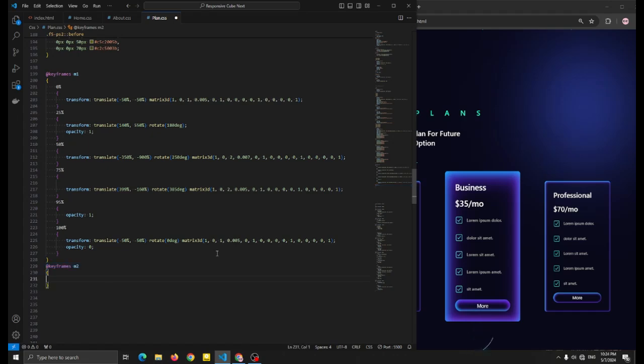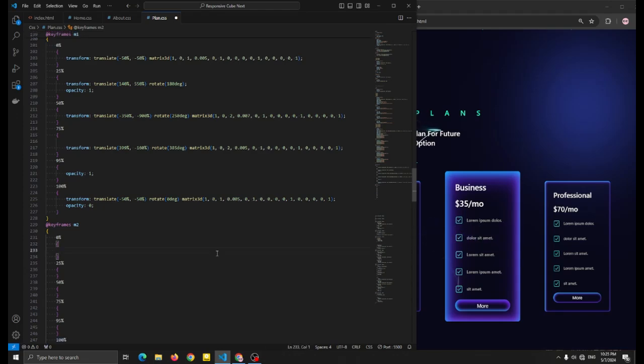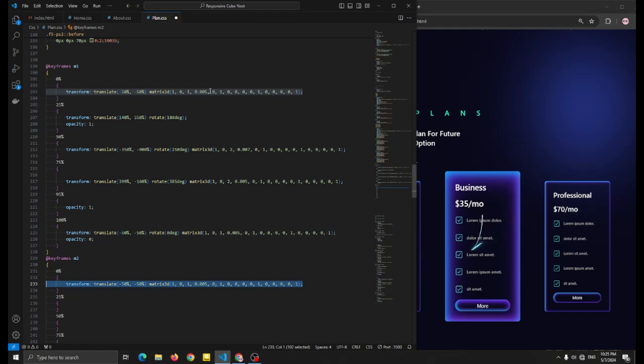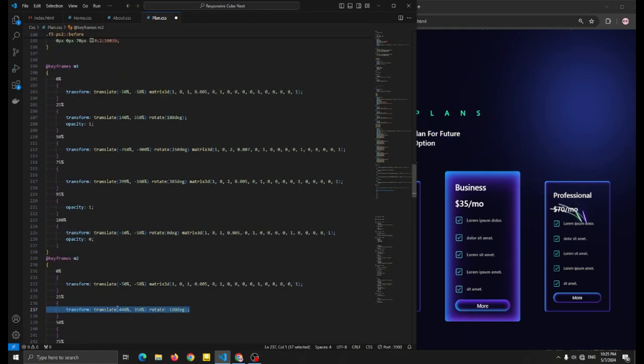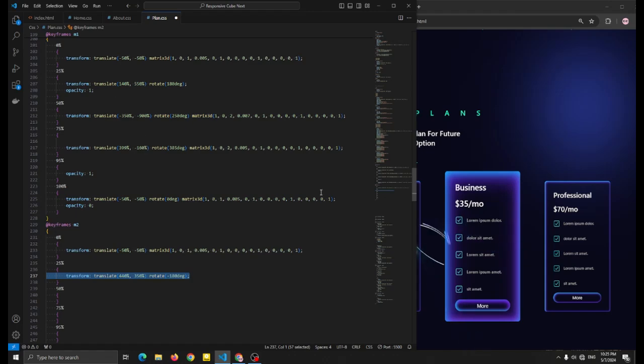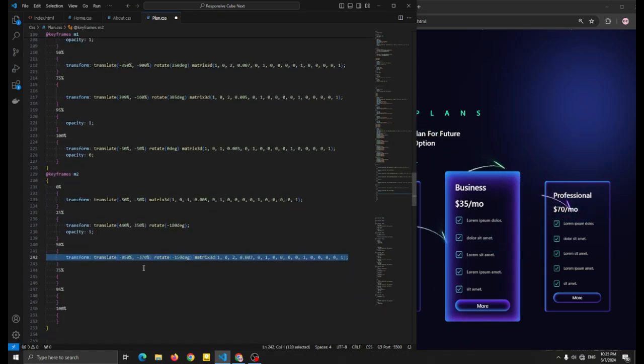So keyframes of the M2, I'm gonna add 0%, 25%, again the same as this 50%, 75%, and 95%, and 100%. So 0%, I'm just gonna copy and paste it here, the same as this. And then 25%, I'm just gonna change the left and the right and the top and bottom, as you can see with this minus, guys. I'm gonna add opacity 1 to just show it, and I'm just gonna add this in 50%, change it again